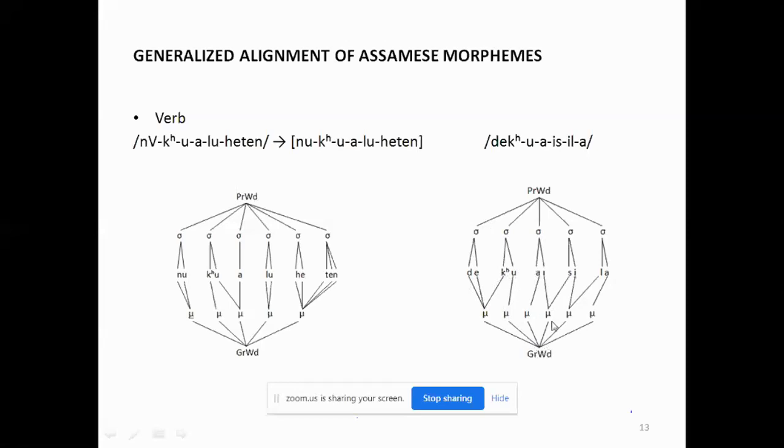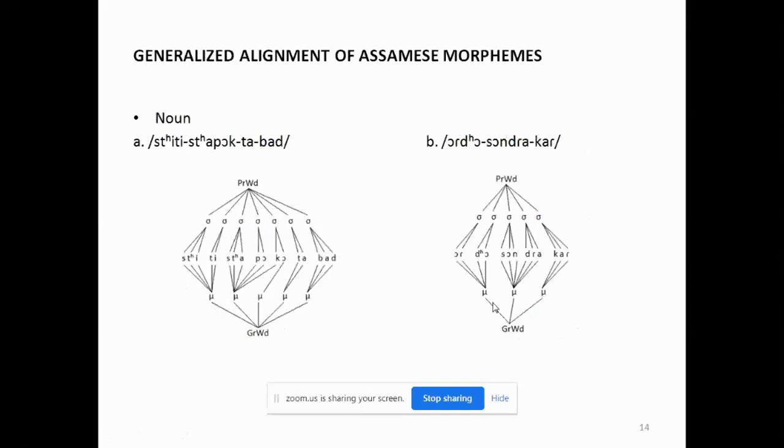And this is a single segment, and il and a. And here also we can say that the word dekhuaisila does not coincide in prosodic structure or grammatical structure. This is the example of an Assamese verb, and we have another example, a noun. Titis thapakotabat means elasticity. Here we say that in the prosodic structure